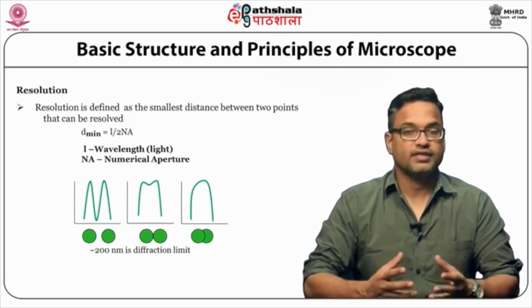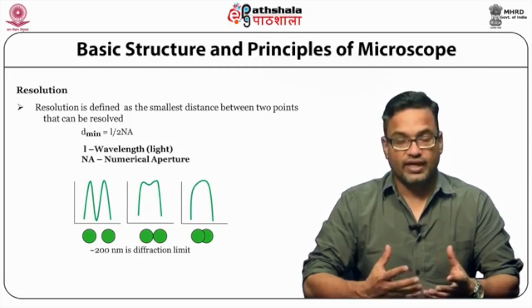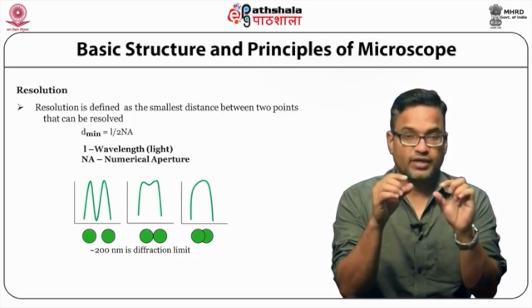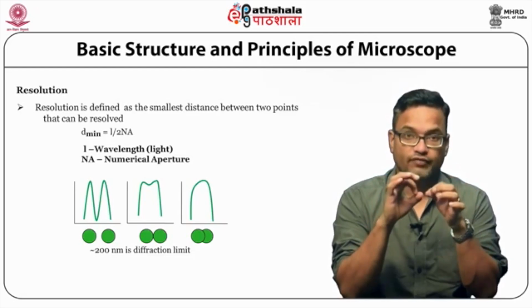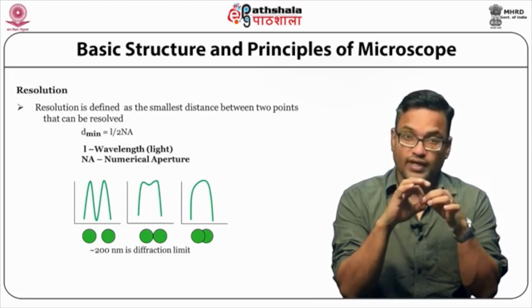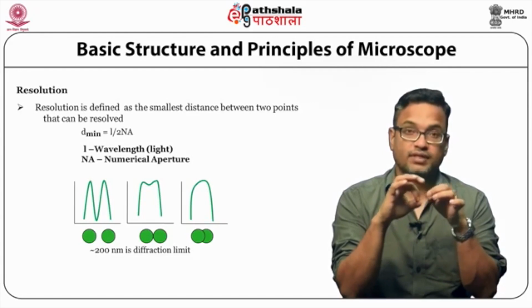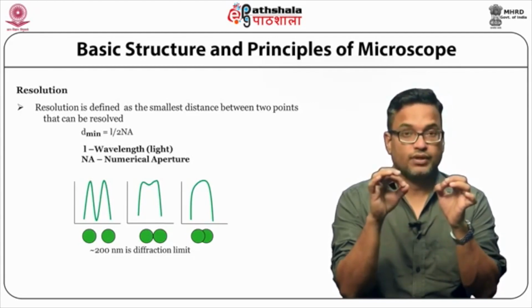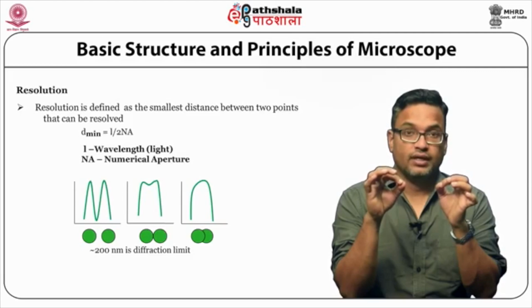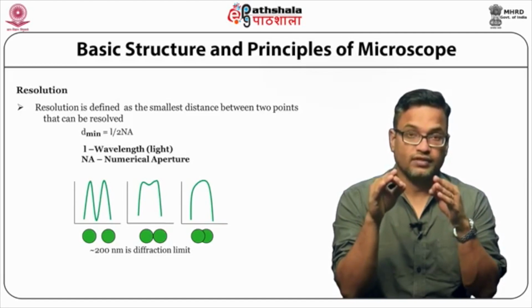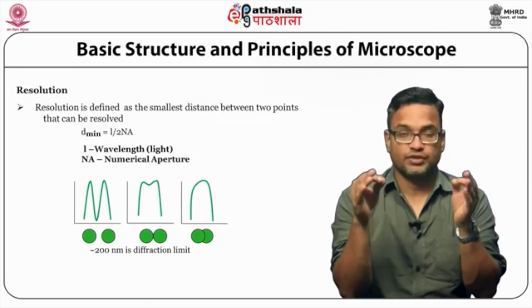A microscope is as good as its resolution, and what actually defines resolution is the capability of your microscope to resolve two molecules. If two molecules can be resolved, then the minimum distance between those two objects is defined as the resolution, and this is defined by an equation where d minimum, the distance between two molecules, is equal to lambda, the wavelength of the light through which that particular thing is illuminated, divided by 2NA. NA is the numerical aperture of any